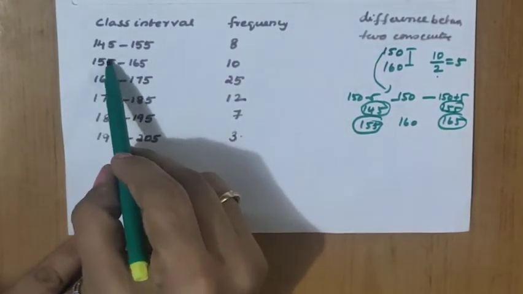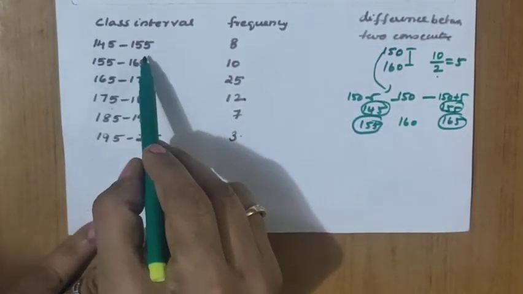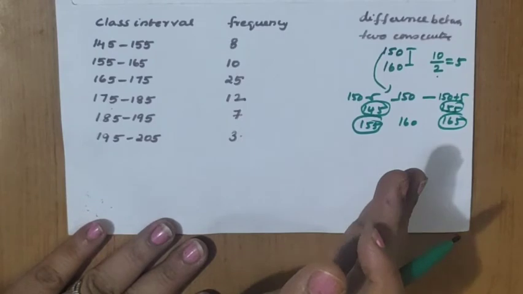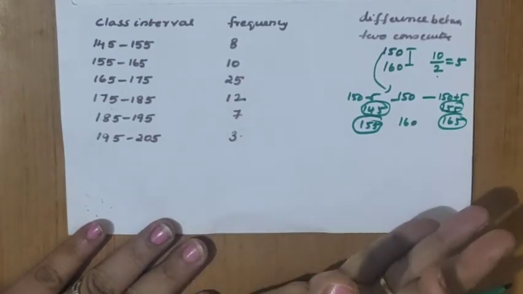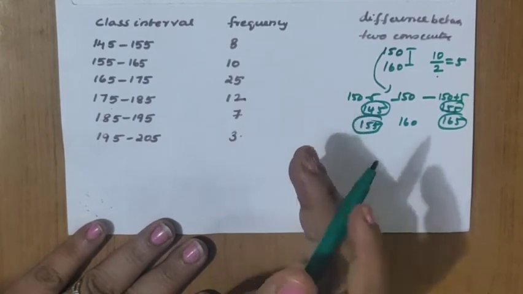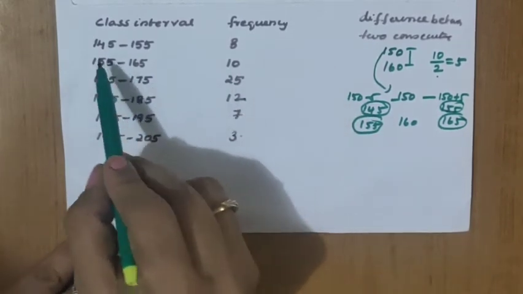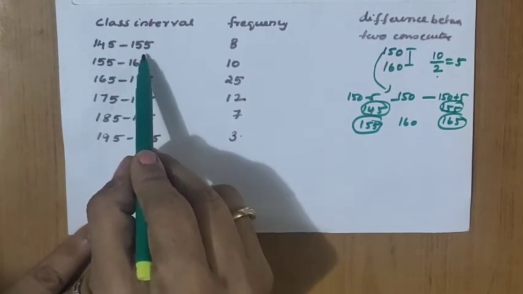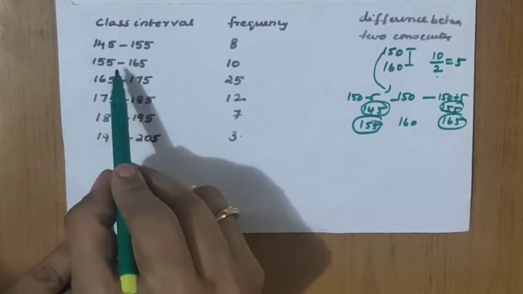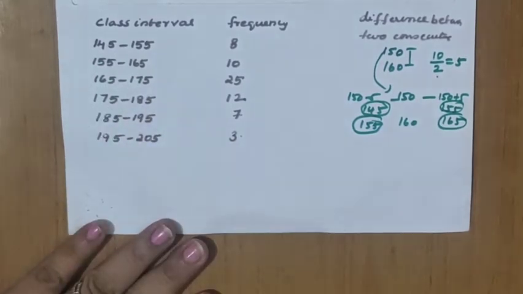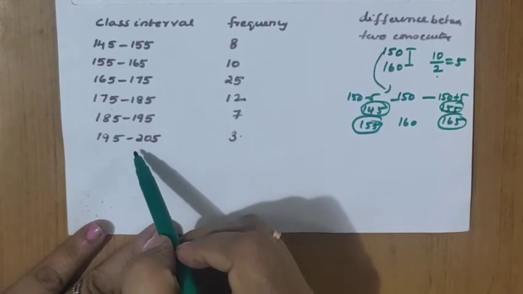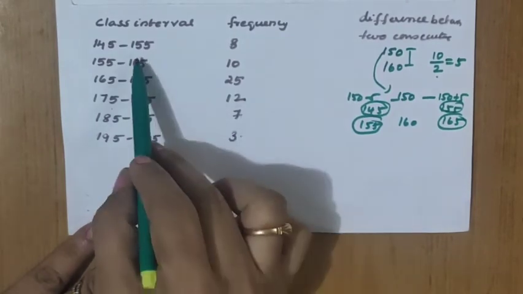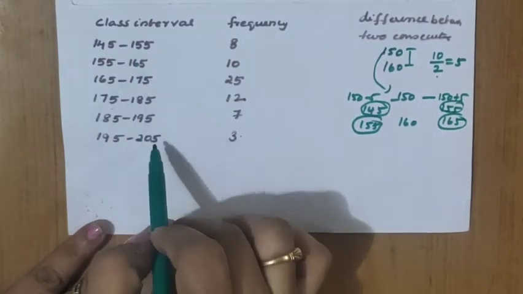And moreover, what we got here is that the class width is the same. While showing the first step, about how many types of graphical representation there are, we learned that one is the bar graph, that is already over. The second is the histogram with uniform width and varying width. Uniform width means each class width is the same. What is the width here? It is 10 only: 155 minus 145, similarly 165 minus 155 till the end. If you check, it is 10 only. Nowhere does it change. So the class width is the same, that means uniform class width is there.